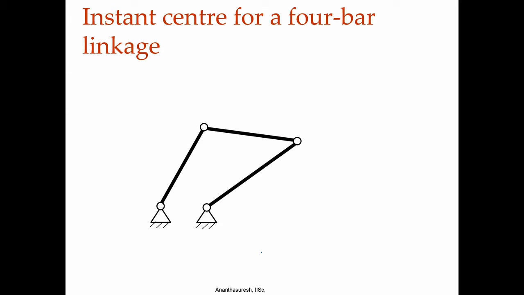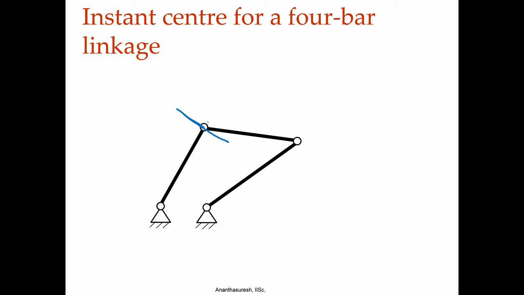Now, this is a concept that came from linkages or rigid body kinematics. We have a 4 bar linkage. So, we have input and output. We can see that when this moves at that instant, let us say it is rotating like that, the velocity of this point is going to be that way. In fact, whether it is moving that way or this way does not matter, it is just the direction of this point is going to be along that line, because it is fixed here,